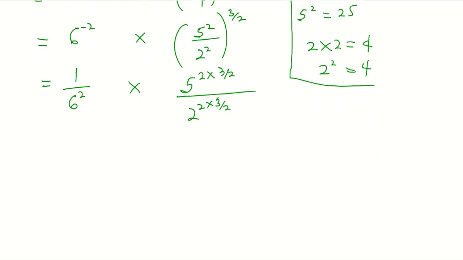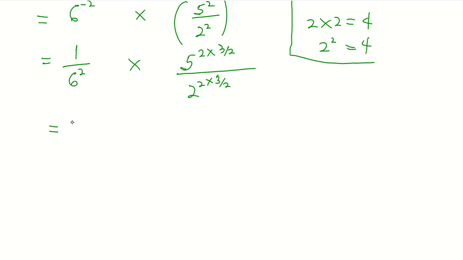And so we continue with our solution, and at this point we have 1 out of 6 exponent 2 times 5, we maintain the base, and we know this 2 cancels that 2, and we have exponent 3. In the same way, we come here, this 2 cancels this 2, and we have 2 exponent 3. So with that, we know that 1 out of